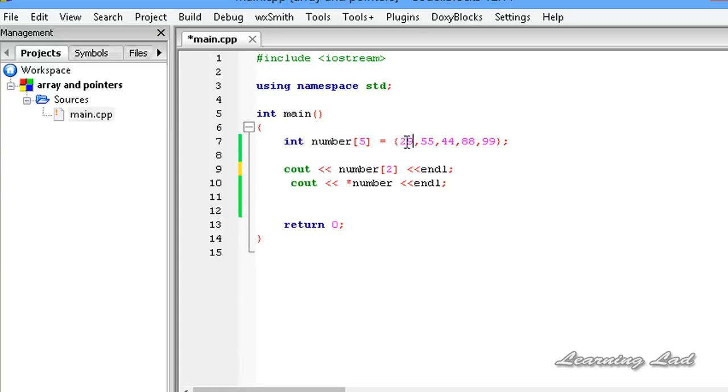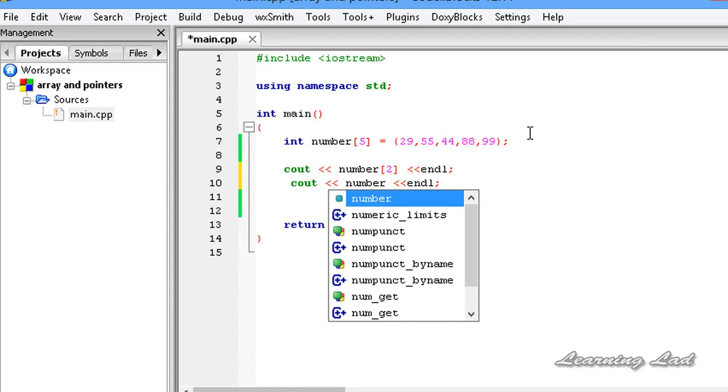Also, the array elements are stored in continuous memory locations. So what we can do is add some number to this starting address and get to this third element. To do that we need to write